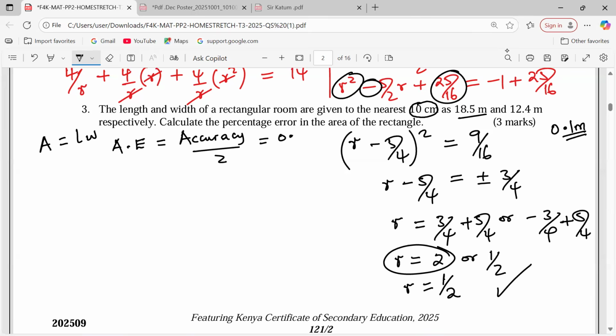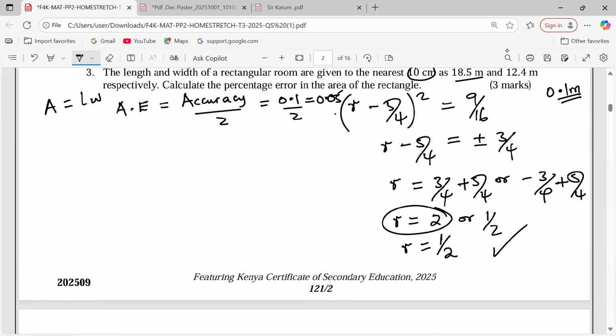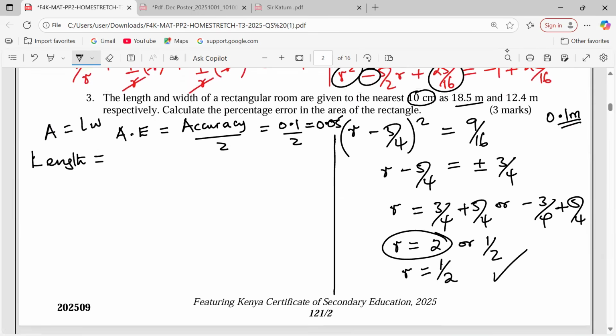Therefore, we take 0.1 out of 2, which gives 0.05 meters. Once you get the absolute error in the recording of the dimensions, we're supposed to identify the limits within which the recordings have been done. Therefore, if its length is 18.5 plus or minus the absolute error, then this length is going to lie between